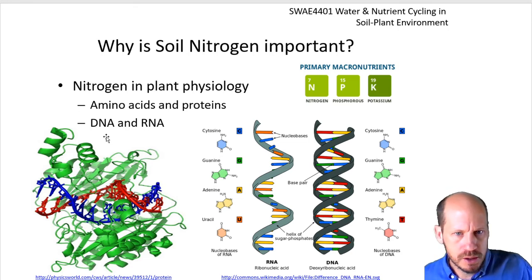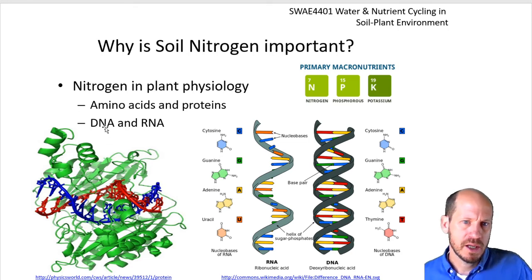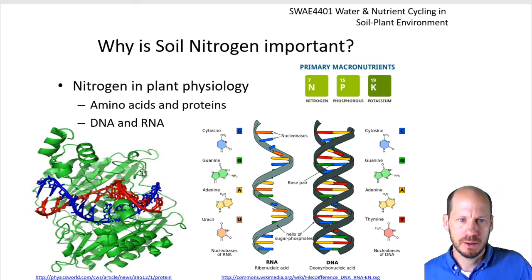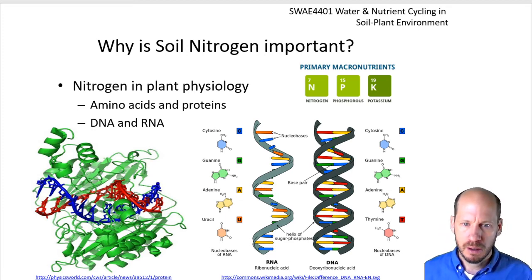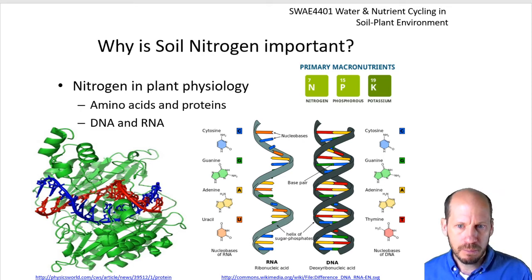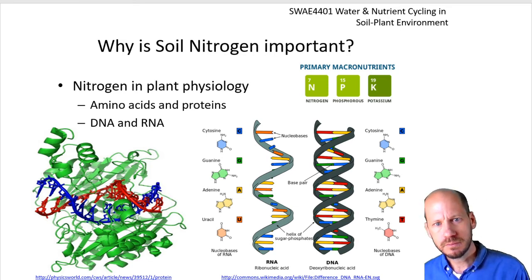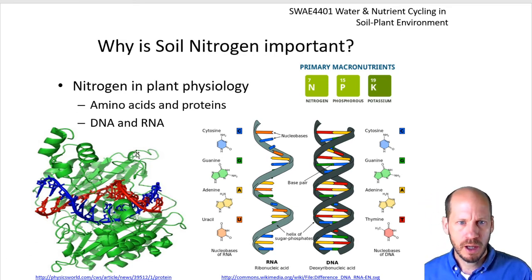But also because it's an integral constituent of the bases that are present in DNA and RNA here on the right. DNA and RNA are coding for all the proteins in the cells, and the proteins are carrying out the enzymes, for example; the proteins are carrying out every biochemical function in the cell. So altogether, nitrogen is involved in the full plant physiology. There's nothing in plant physiology that nitrogen is not involved with. Same goes for